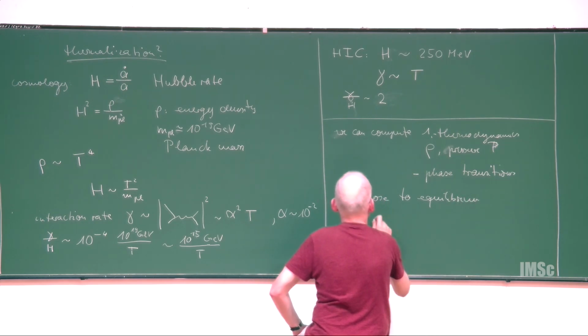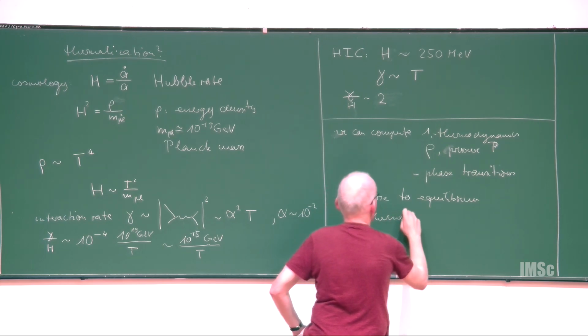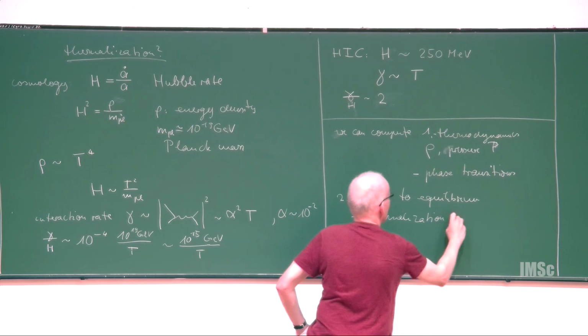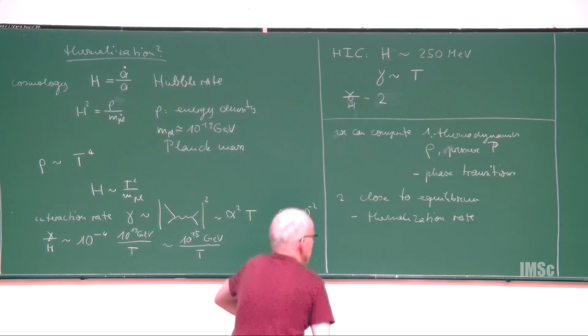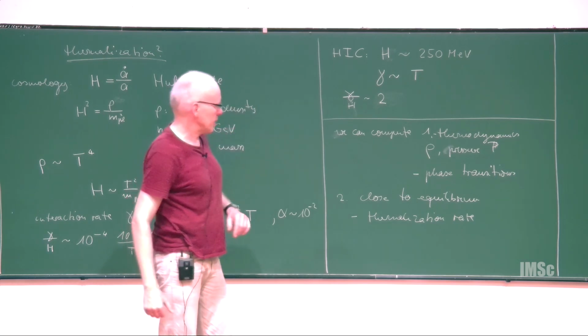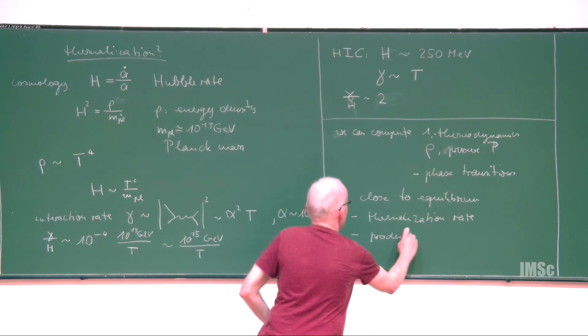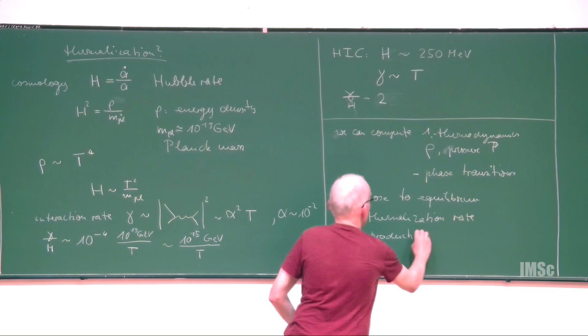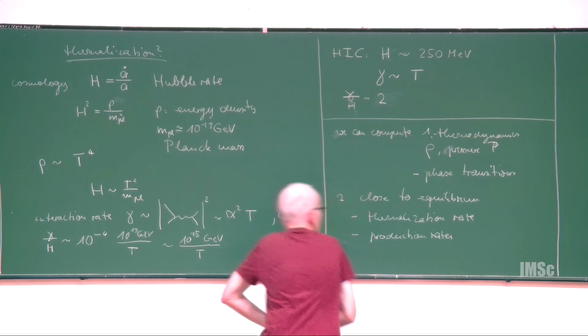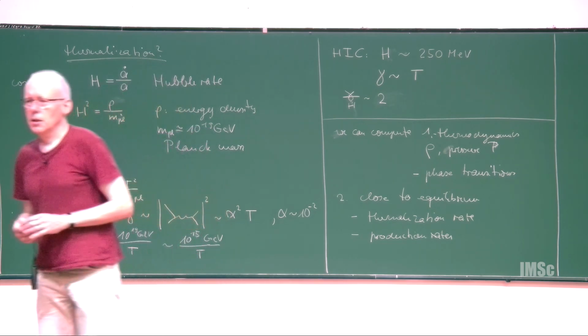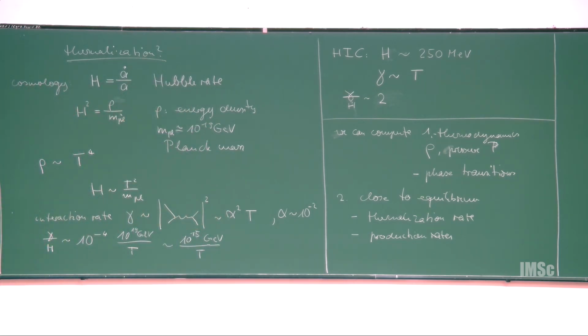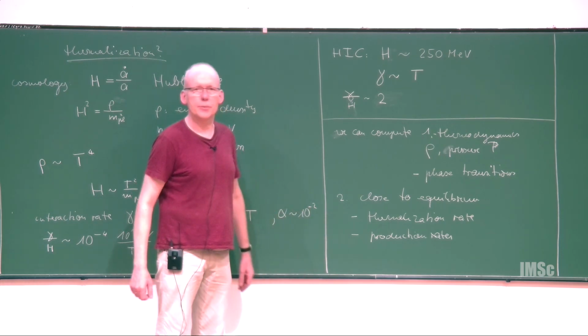Like, for example, the thermalization rate. That tells you how long it takes to get back to equilibrium, or, for example, the production rate of certain very weakly interacting particles, like some FIMPs or so, which are never in thermal equilibrium, which you can create from a hot plasma, but then after they were created, they just propagate freely. These are the type of things that are being computed.